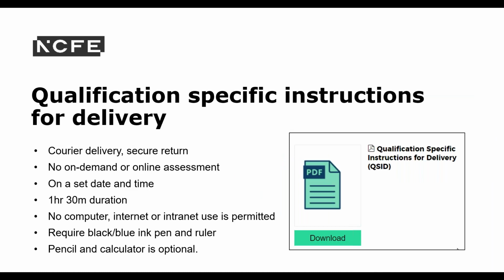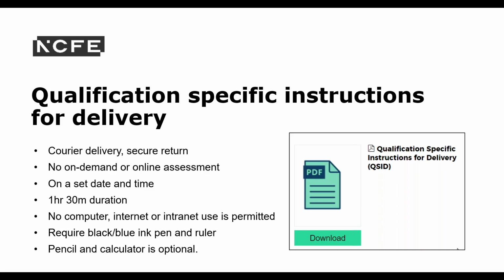The next document is the Qualification Specific Instructions for Delivery, or QSID, and it gives specific information for the different qualifications unless reasonable adjustments are in place. For example, if the assessment needs to be invigilated or supervised, if the use of the internet is permitted, and so on. For all subject areas in the Level 1/2 Technical Award vCert, the same rules apply, and these are: